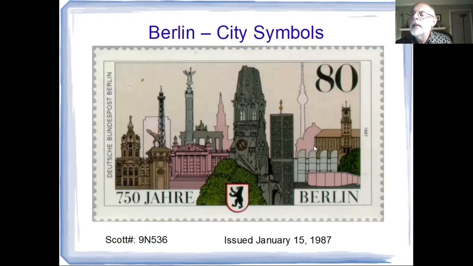This, by the way, is the City Hall of Schöneberg. That's where John F. Kennedy held his speech when he said, "Ich bin ein Berliner," and that became then the de facto City Hall of West Berlin. Now, some people thought or said that when he said, "Ich bin ein Berliner," that he said,